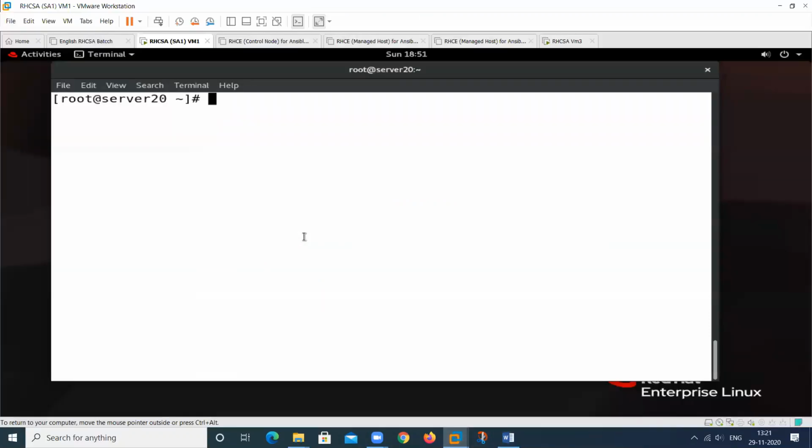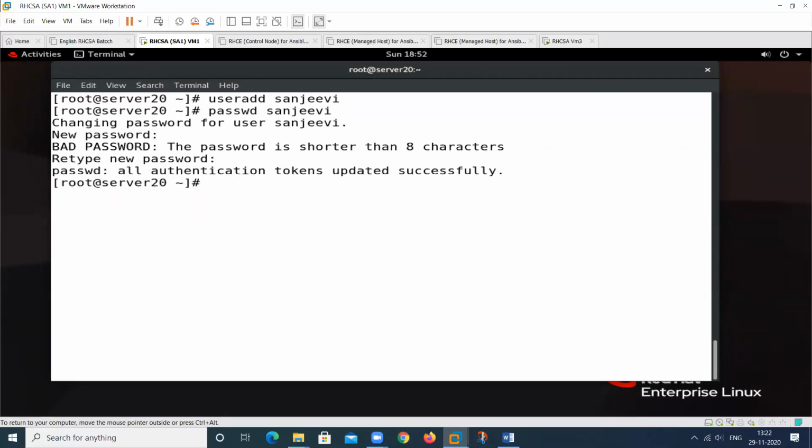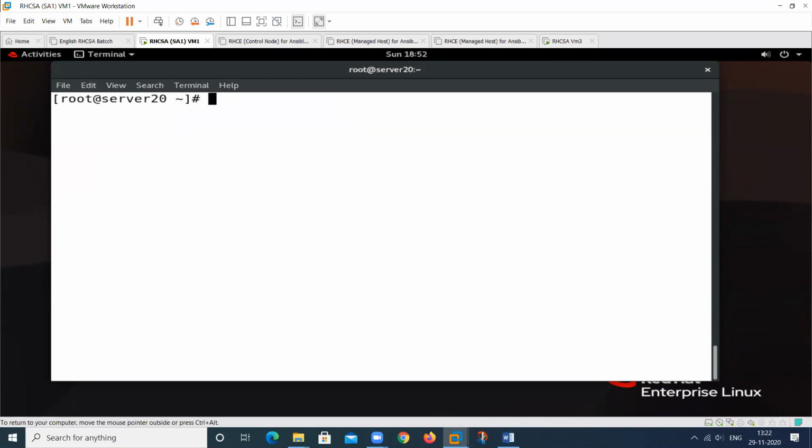I will show this one. Suppose I have created one user, the username is this one, and I will provide the password of this also. The password is this one, and I want to log in using this particular user, then use the su command, then the hyphen, then the username, this one.